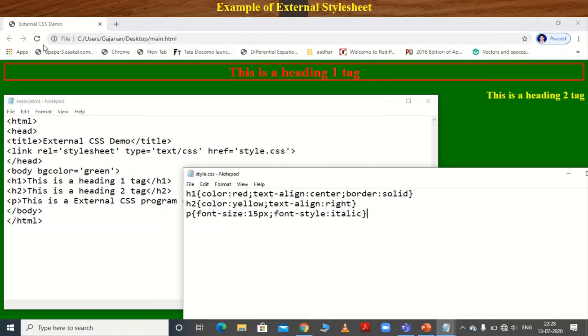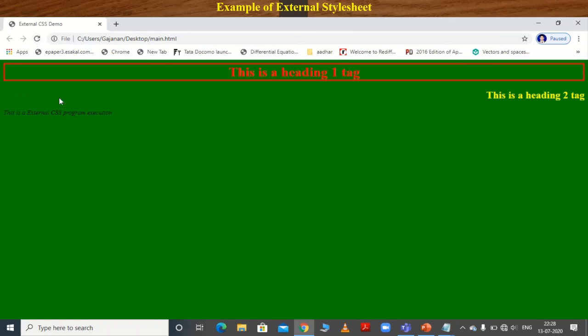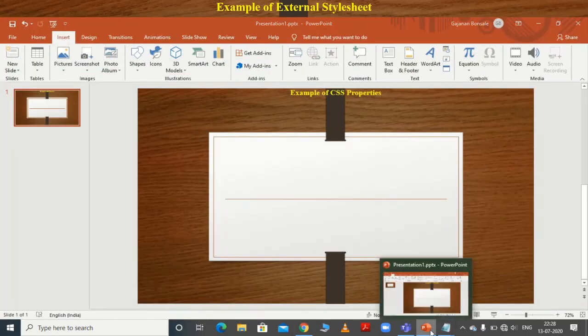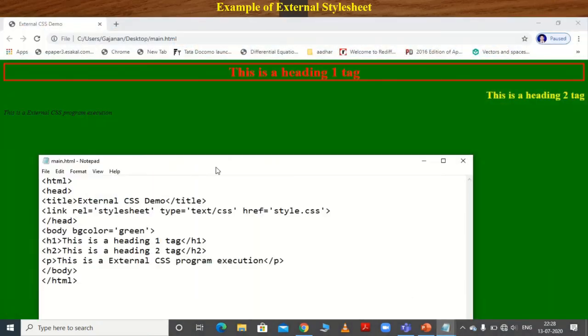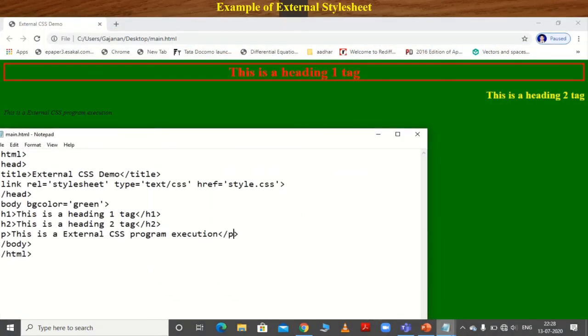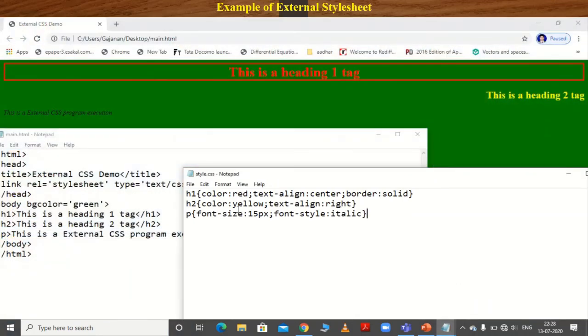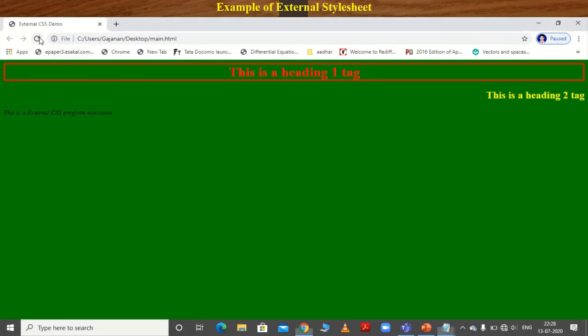Then see here the output. So listen, your text is in italic format, and font size is 15 pixels. Suppose I want to increase this size, near about 30, then your font size is increased here. So this is the external CSS program execution, clear.